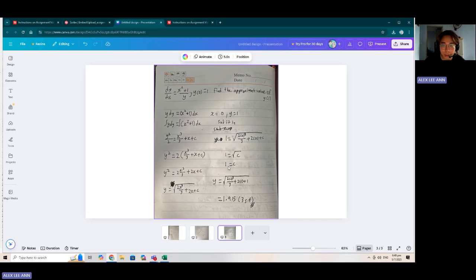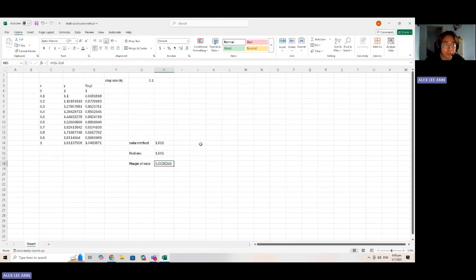Then you sub the c back into it. So it will be y is equal to 2 bracket 1 cubed over 3 plus 2 bracket 1 plus 1. So we just have to sub x is equal to 1 and your c is equal to 1, and you get this. You get 1.915 as your actual answer. So basically your margin of error will be your real answer minus your y number. So this is your margin of error,